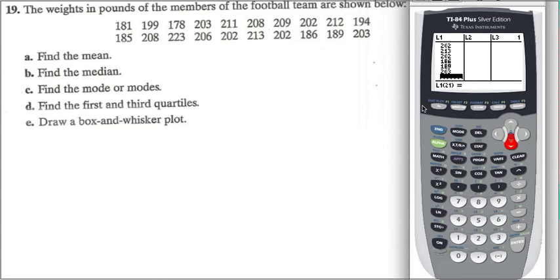So we have 20 values, and once again we're going to go for